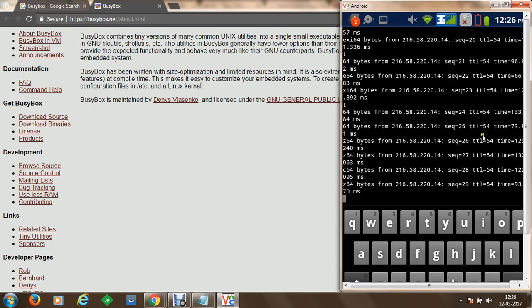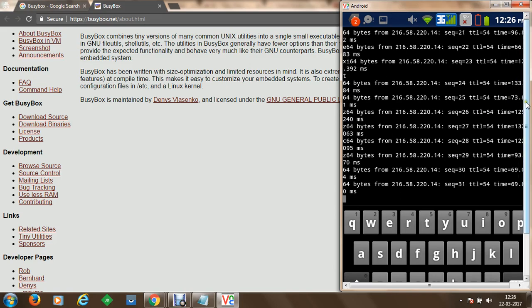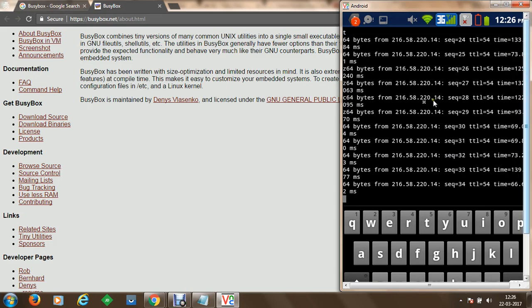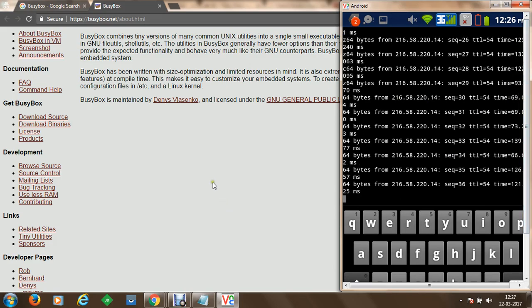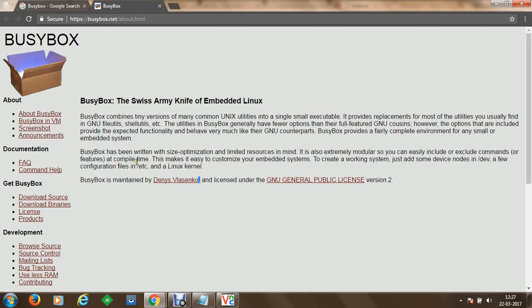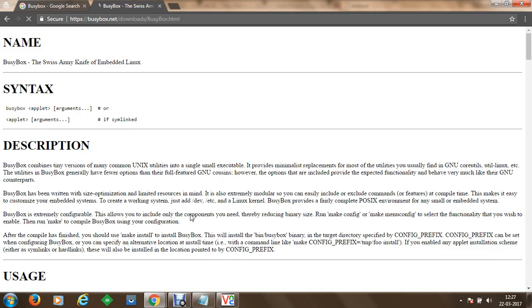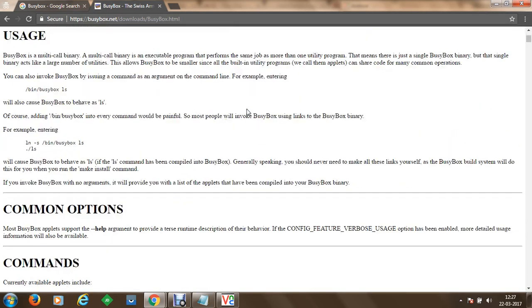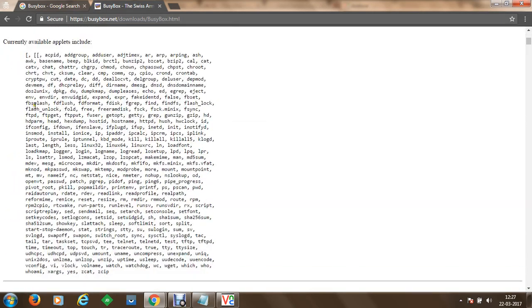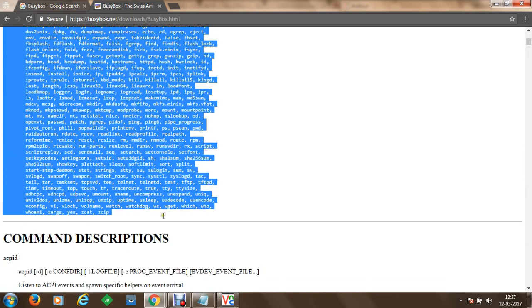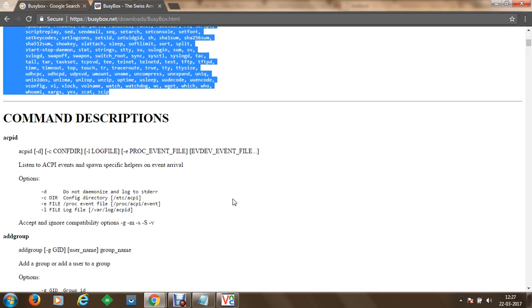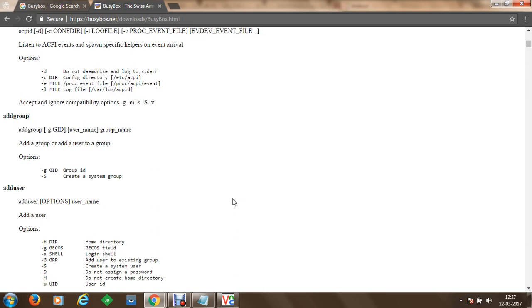Once we are done with this, this is how you can see that various other commands can be executed, and you can proceed to a list of all the commands which are supported by BusyBox within your command help section. In the documentation here, you're going to get a complete list of commands which are available, and you can execute the manual, test various information on a Linux device, and get ample information from your Android devices.